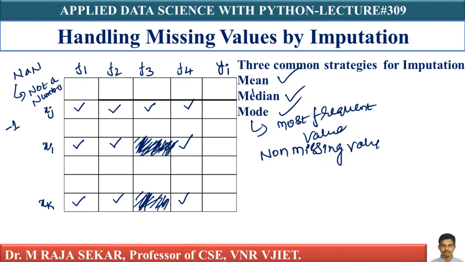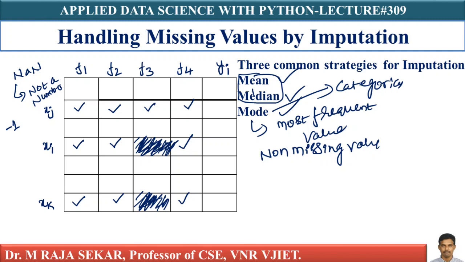Here I must keep that mean value, or take the median value, or take the mode and put it here, isn't it? It's numerical. For numeric you can make use of mean and median. If it's a non-numeric value, like categorical, for categorical values you can take the most frequent item. This is a very simple strategy for imputation.